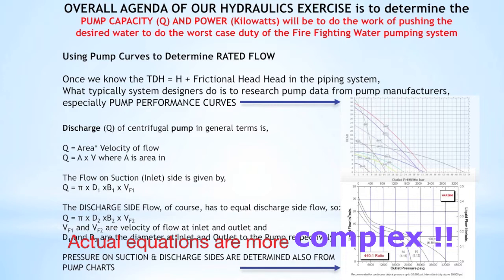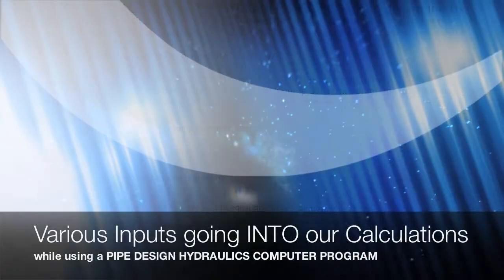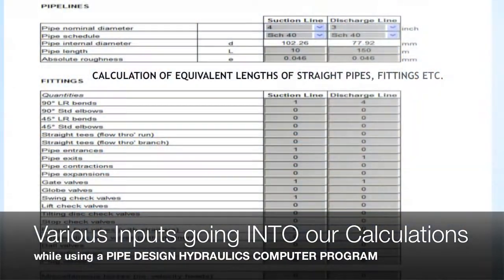So here, this is the typical Excel sheet, or how the inputs are coming into your computer program. You can see the pipe nominal diameter, and the different schedules of pipes that are being used. There's a schedule 40 pipe, and there's a schedule 80 pipe, and then we can have so much length for one diameter of pipe. Another diameter of pipe we have some other length. And just to remind you, in the diameter we are considering the internal diameter, because that's where the passage of fluid is taking place.